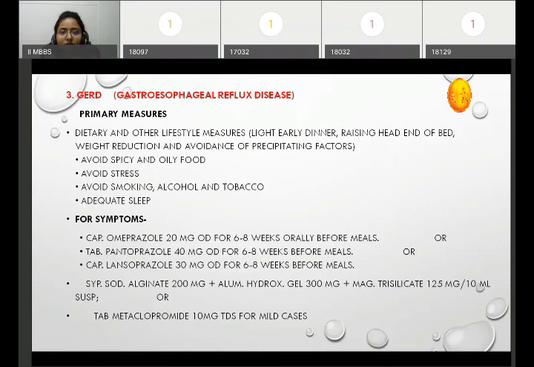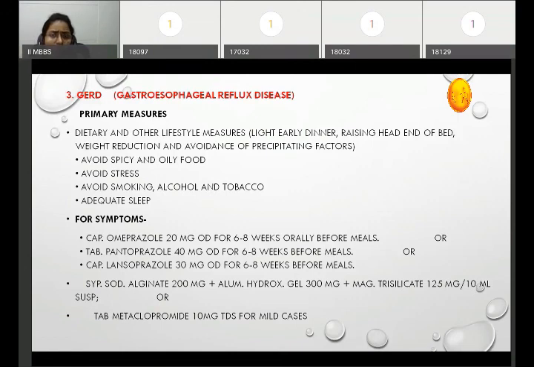For the symptoms, what are the GERD symptoms? Patients are complaining that they are having sensation of reflux of the gastric contents back after taking meal. That is the main complaint of the patient. So here what happens, the basic pathology is in the lower esophageal tone. That tone is decreased. Okay, so along with the acid secretion disorder, the esophageal tone is also affected. Basically, this GERD is a gastric motility disorder.